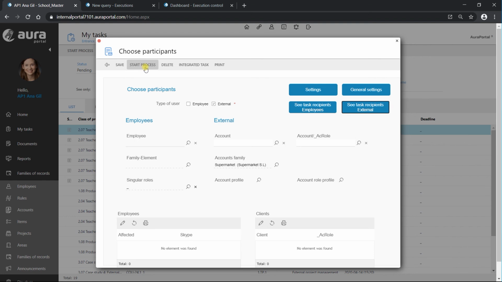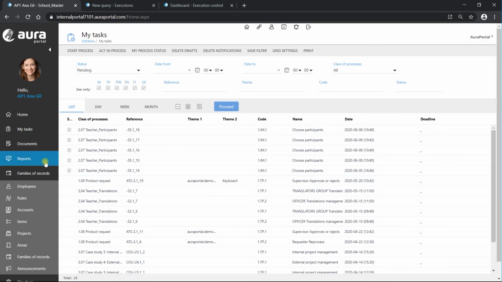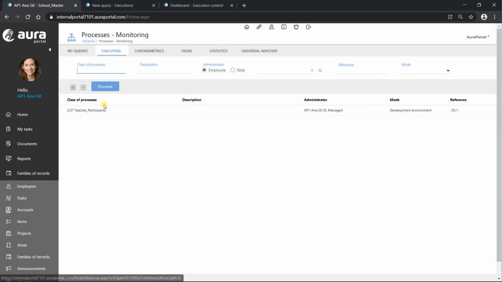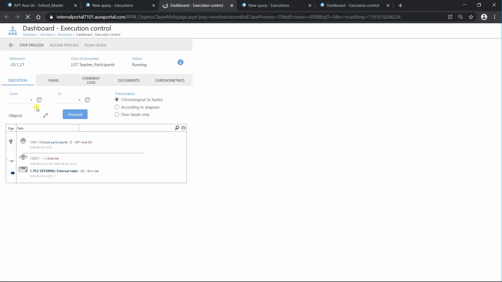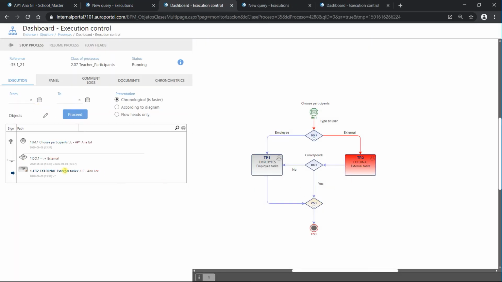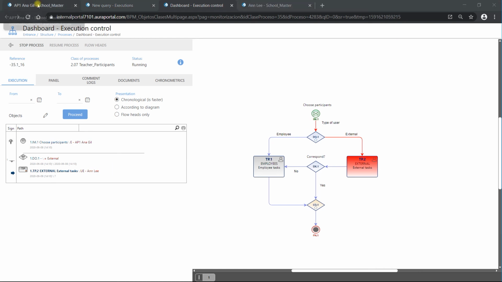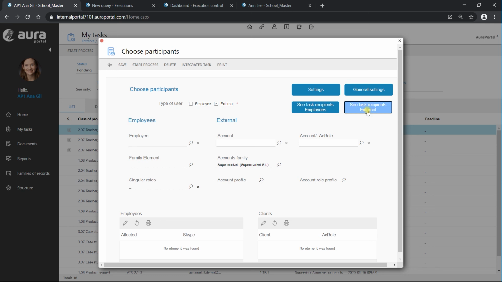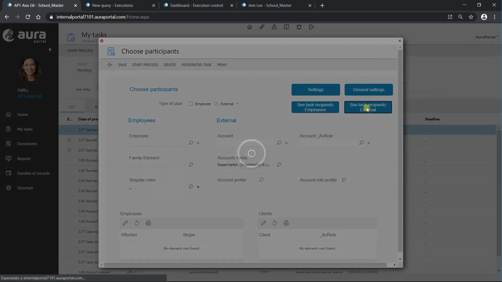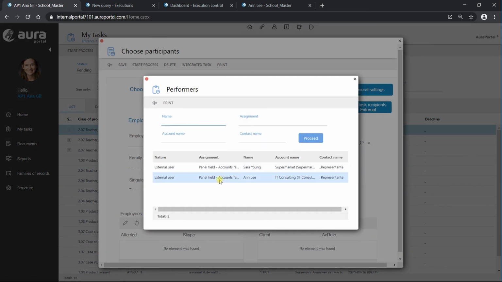So let's start the process and go to reports. And we can see here now, okay, that the task has been sent to Ann Lee. Okay? As I mentioned before, when we send the task to more than one person, we cannot see all the people the task was sent to from here, from reports. Okay, for that, I need to go back to my tasks. So if I go to see task recipients external and proceed,